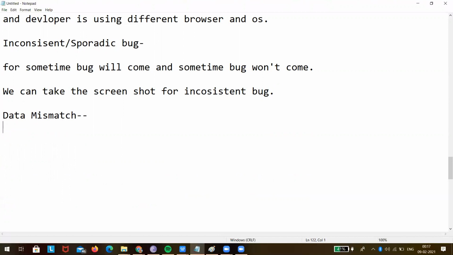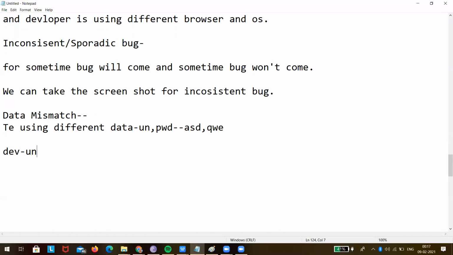And data mismatch means what? Now the test engineer is using different data. Suppose he is using ASD as username and QWE as password, and he is not able to log in to the application, but the developer is using different data.